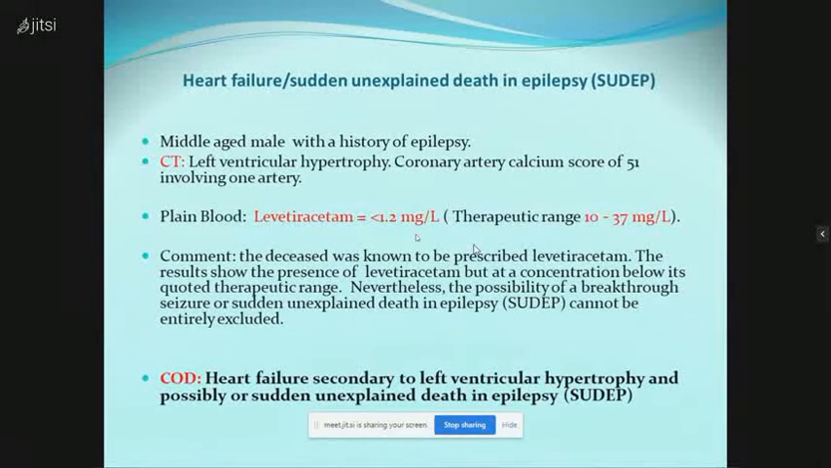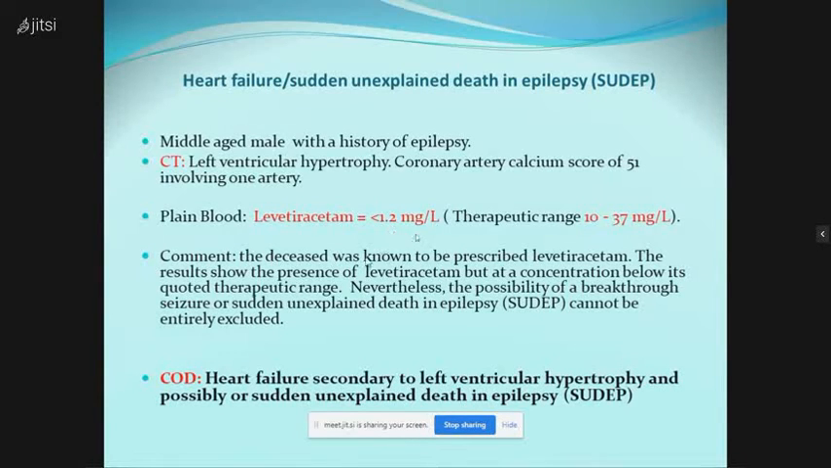This is an example of a person who was on epilepsy medication, levetiracetam. You know these more than me. The drug level in the blood was less than 1.2 milligram per liter, the therapeutic range being 10 to 37. And you can see here that the person did not take the drugs. Not taking the drugs in this condition might lead to epileptic